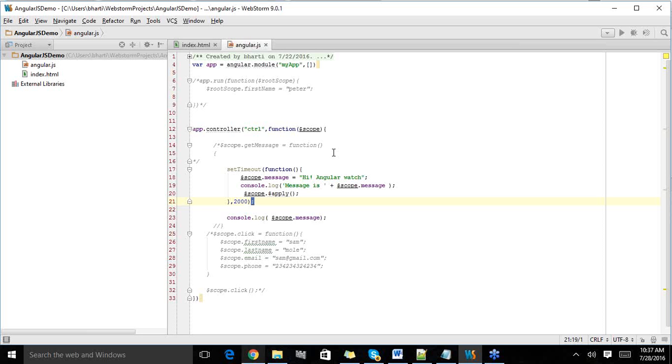So the question here is, when exactly do I have to call this dollar apply? We are saying that Angular by default has the implementation of dollar apply that we have seen till now as well. Then what exactly is the purpose of calling this dollar apply over here? So what happens